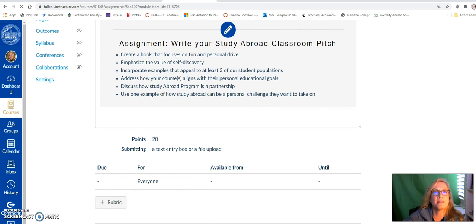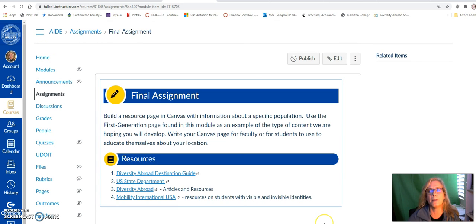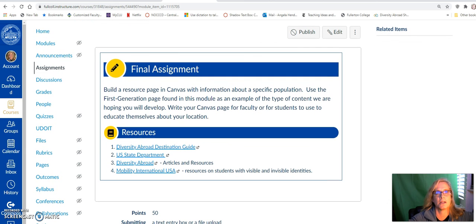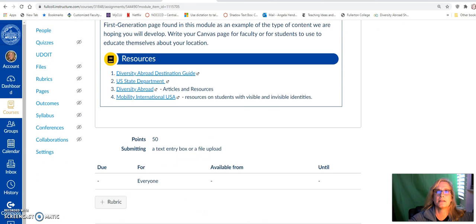And then the last thing is, I'm hoping that we can start building a resource and a set of materials for our faculty. So I created a sample page for students that are first generation students. And then what I want them to do is do the same: pick another population of student on our campus and create a student resource page that we can eventually put into a Canvas module for our students. So that's their final assignment, and I